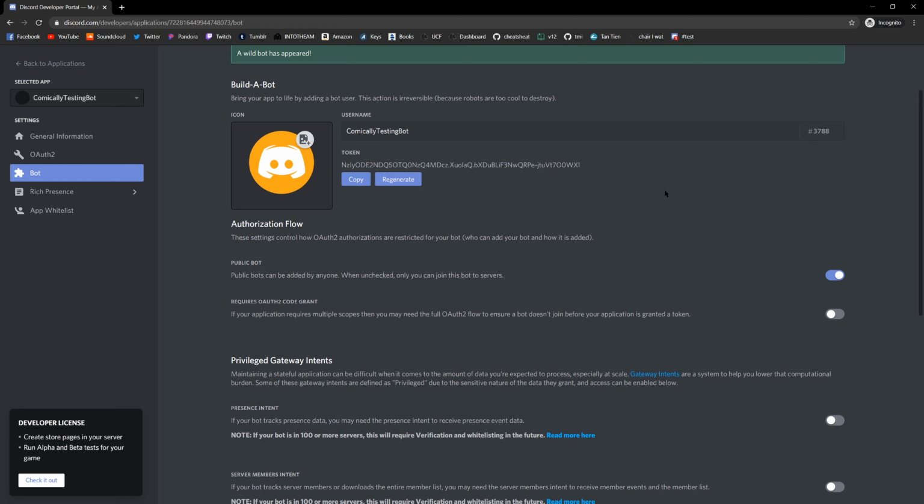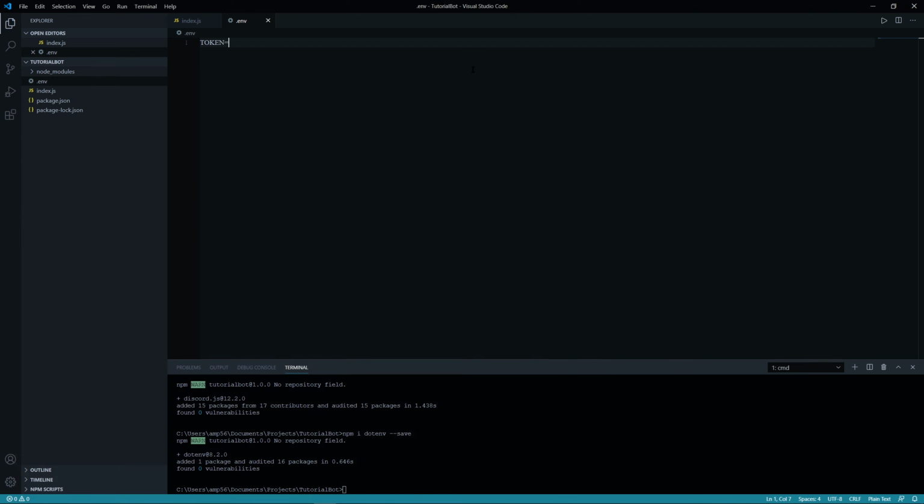You do not want to do this. You want to keep this token private, but I can regenerate this token, so don't try and use it afterwards. I'm going to regenerate it anyways, but you want this token so we can put it in our .env file. Once it's in here, do not show anyone this token. Do not allow anyone access to your